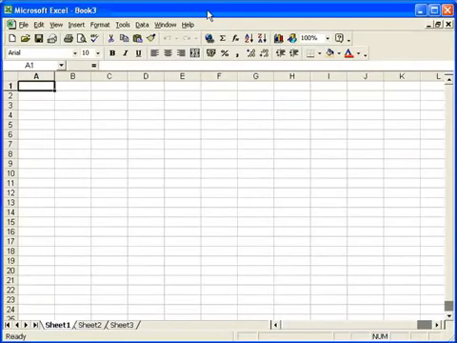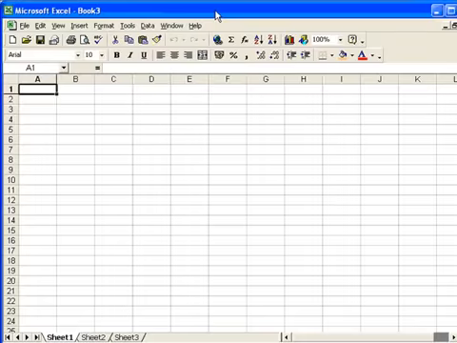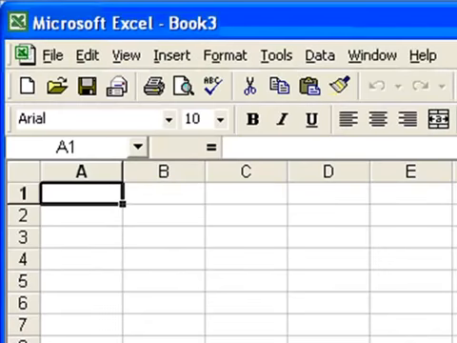Welcome to a first look at Microsoft Excel. What I'm going to do for this introductory session is just to show you a few of the things that you can do, and then later on we'll get into exploring all the different options and possibilities that the program offers. But let's just very quickly do a spreadsheet, something that I presume everyone's wanting to do, and we'll